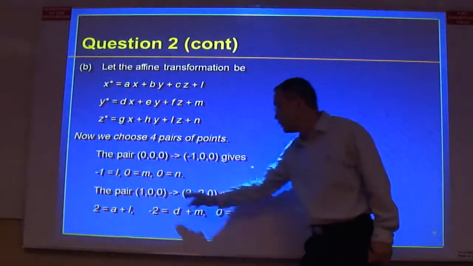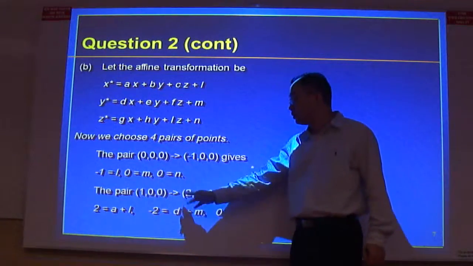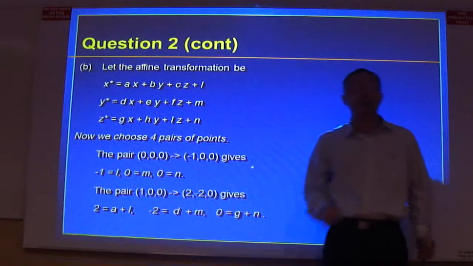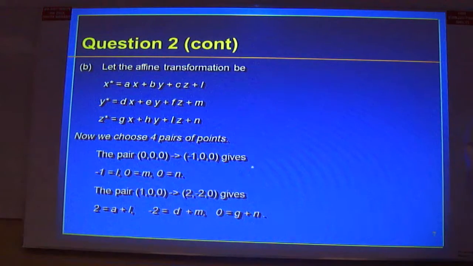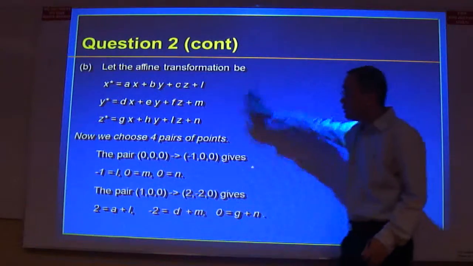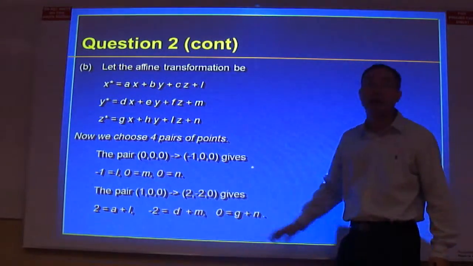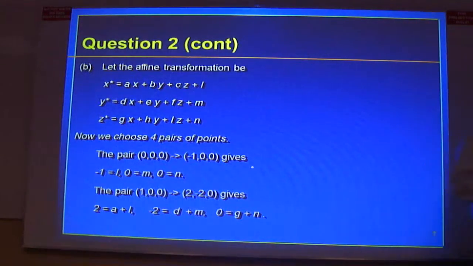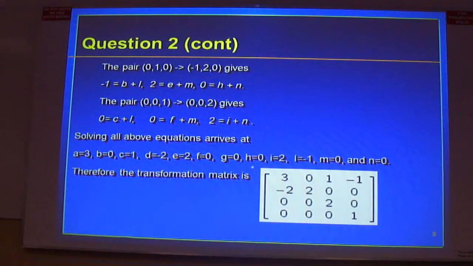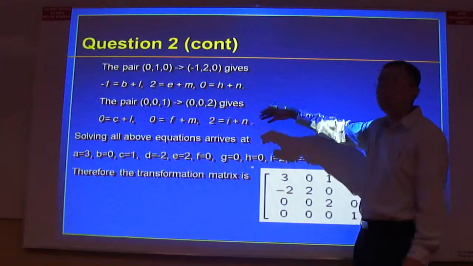So 1, 0, 0, and this is mapped to 2, minus 2, 0. So that means 2, minus 2, 0 are x star, y star, z star, and 1, 0, 0 are x, y, z. Right? So then you substitute here, you get another 3 equations, right? So you continue this. Continue this. So if you choose those point pairs properly, then you can set up 12 equations, then you can